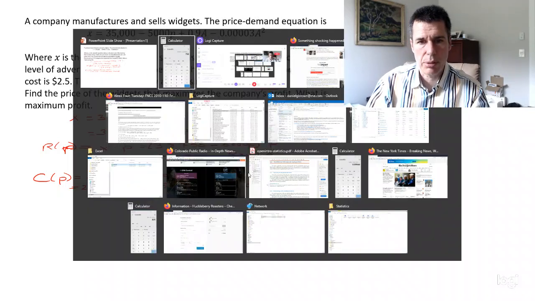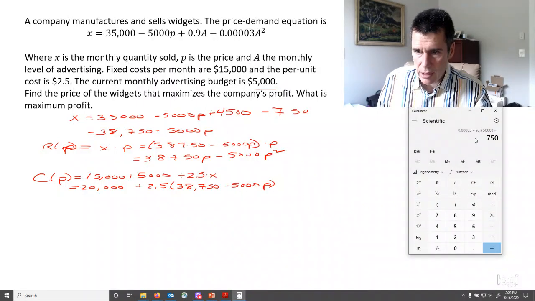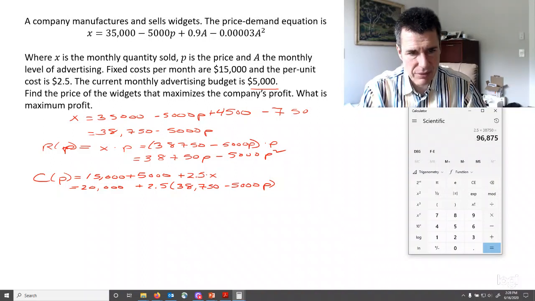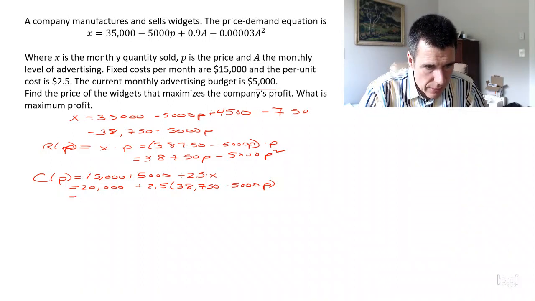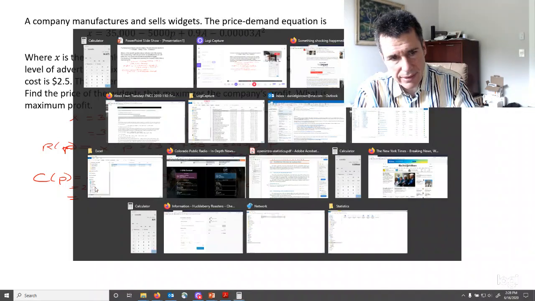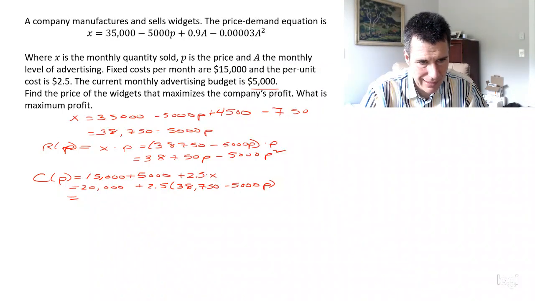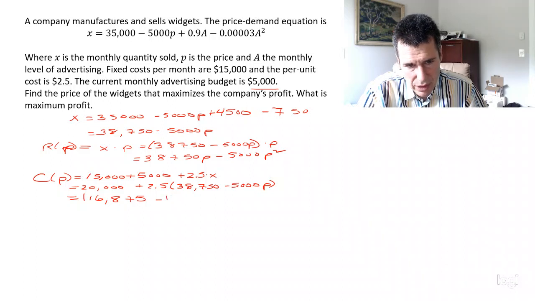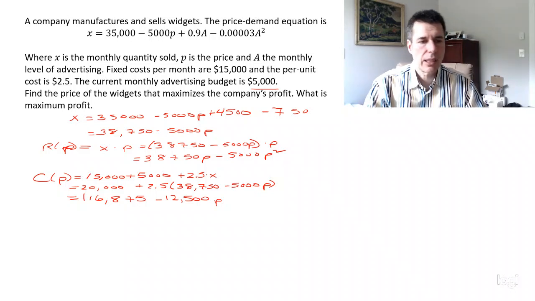My math is okay, but I'll probably screw it up if I try to do it in my head. So 2.5 times 38,750 is 96,875. So 20,000 plus 96,875 is 116,875, minus 2.5 times 5,000, that's going to be 12,500p. Okay. Profit,